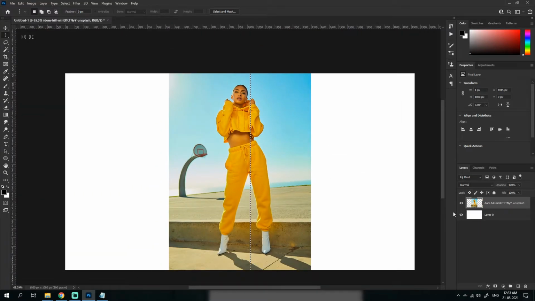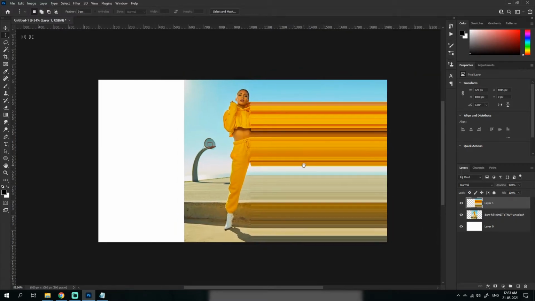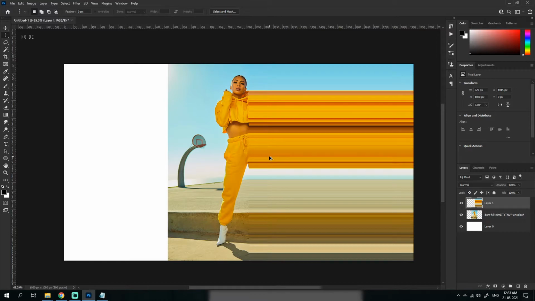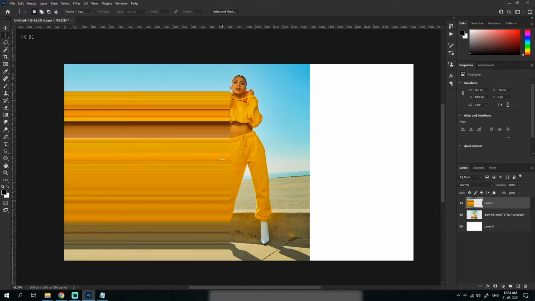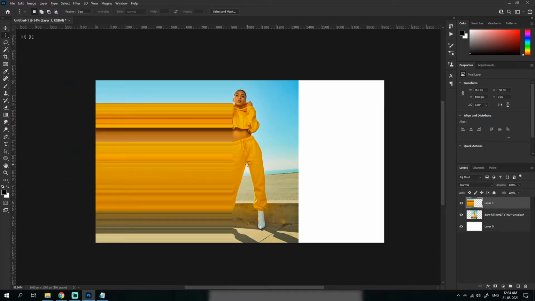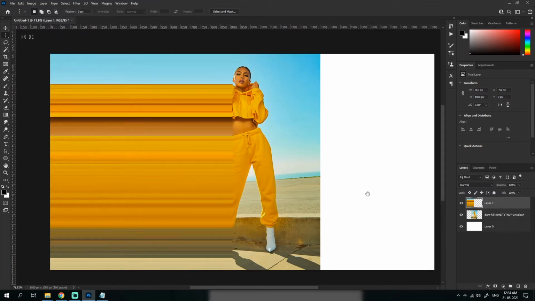For example, let's just do it with this section and then drag it completely. You see how cool it looks? Not in this one, but choosing a right image would have been much better to do it. Okay, I didn't mean to delete. Let's try from here. Ctrl J, Ctrl T, and you could see it creates a cool effect. Something like stretching the pixels and then joining after stretching. I don't know what it is, but this is something you could create.